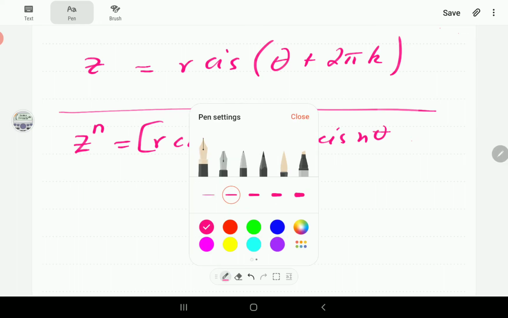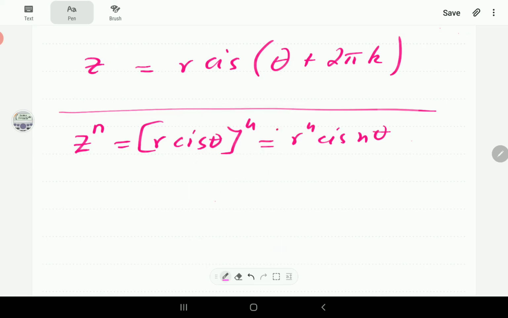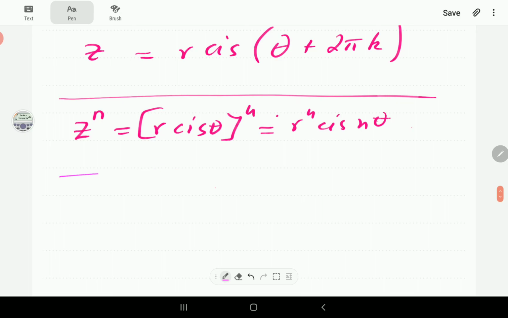Now what we're going to do is take the power to be a fraction. For roots, we take the power to be 1 over m, where m is an integer. So z to the power 1 over m is going to be equal to r